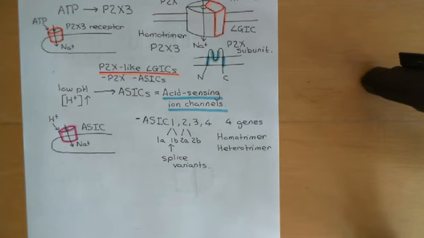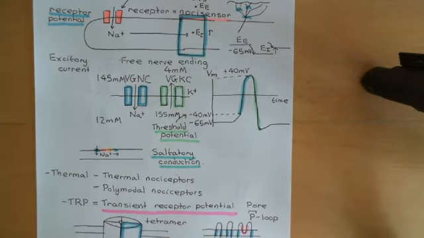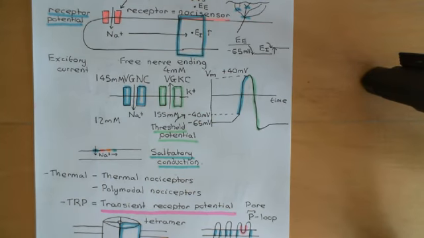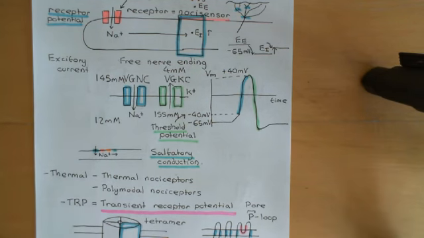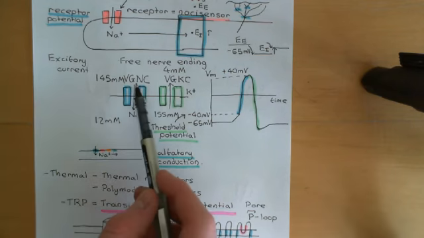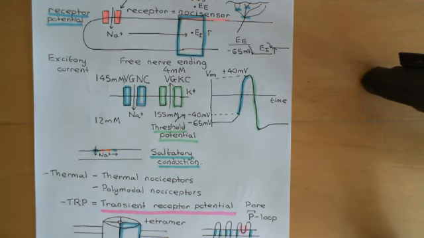So the next thing I want to discuss is voltage-gated sodium channels, because this is actually going to become very important later on when we discuss neuropathic pain, and it's also got some interesting clinical correlates with it. We discussed broadly in the previous video how the action potential involves these voltage-gated sodium channels and voltage-gated potassium channels. We're going to now look at the voltage-gated sodium channels in a bit more detail,